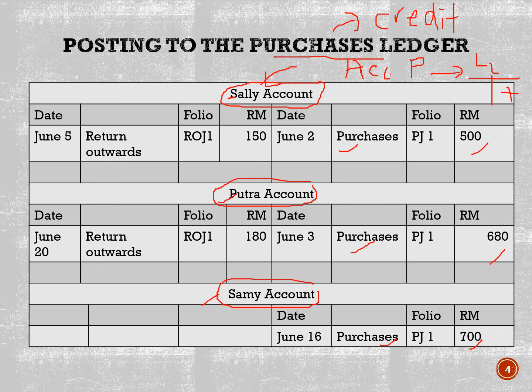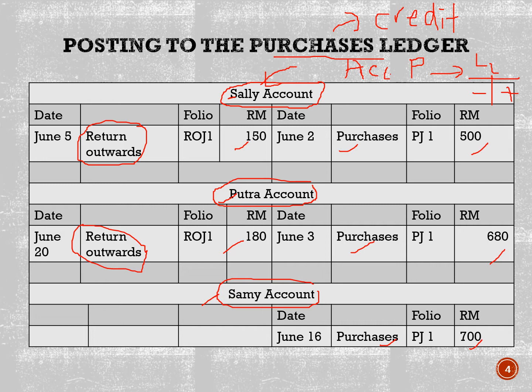This one dalam purchase ledger. So, kita letakkan nama diorang. Untuk Sally, Putra, Semi. So, dia ada catatan baru sebab ada apa? Pulangan belian. So, apa dia punya return outward? Return outward dia sebanyak 150 and pulangan belian adalah 180. Okey, kenapa return outward dia belah debit? Sebab